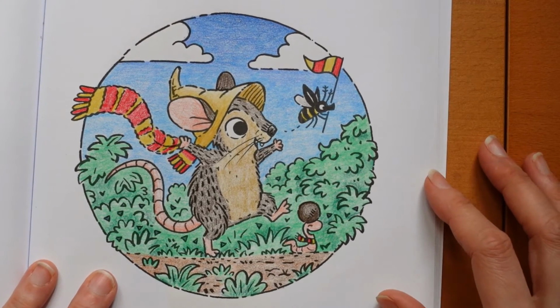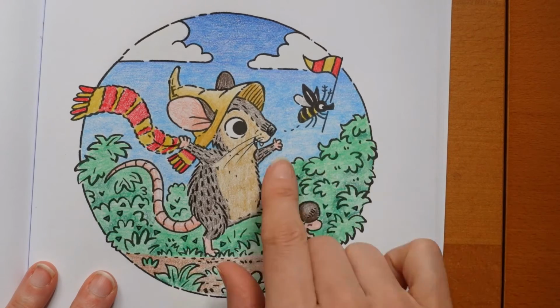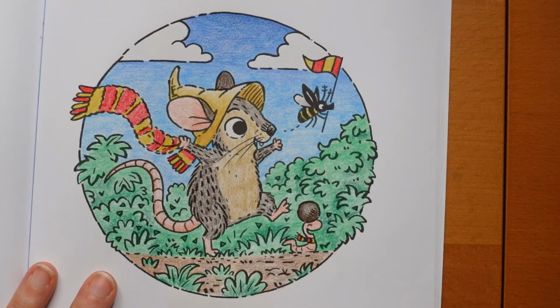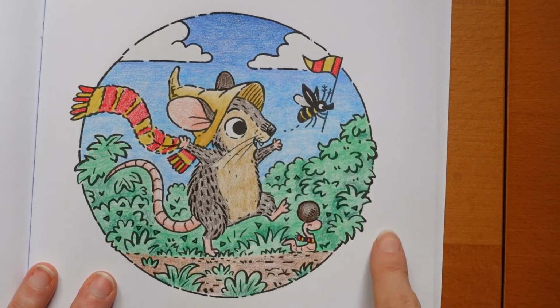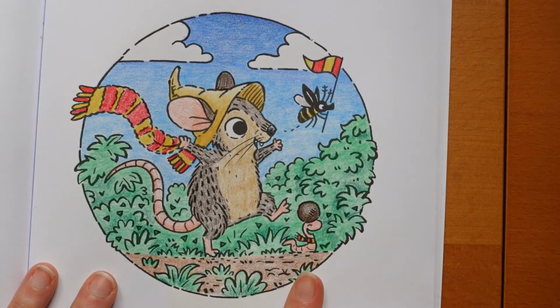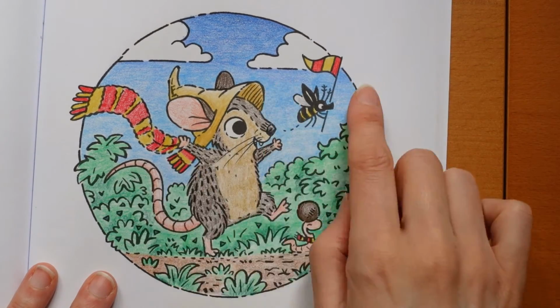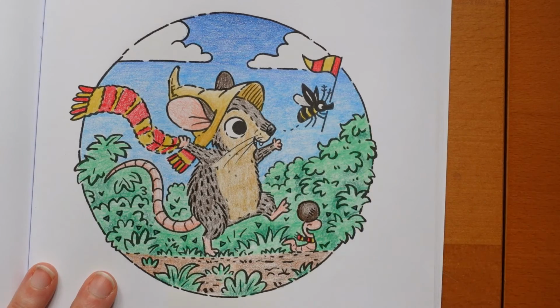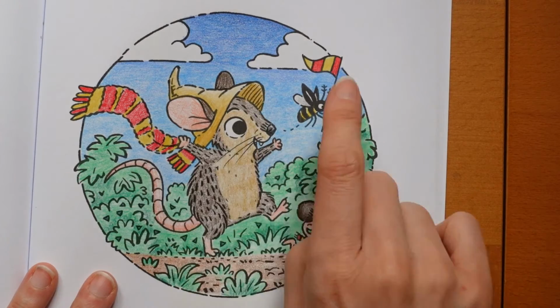Now this one was fun. They're off to the football match, or back from the football match, I'm assuming, with their flags and scarves and things. I used my Castle Arts Monet set for this, and I was trying to debate what colour to do the stripes, because I thought we need to do our team colours. So because we had the blue sky and the green bushes, I just thought I'd do them in primary yellow and red. Unfortunately there isn't a really bright yellow in the Monet set, but I think it worked okay,